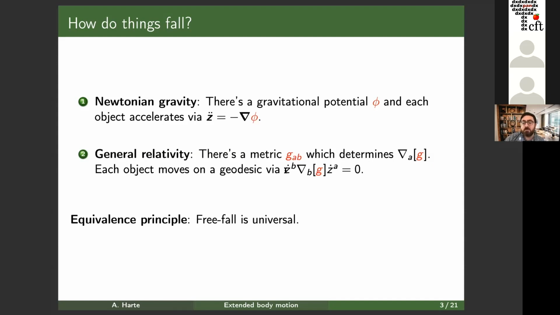All right, but the point of these things is to look at them and say, okay, neither in the Newtonian case nor the relativistic one is there any explicit notion of the object's internal structure. So every object falls in the same way. All you need to know is basically where the object is. So you have some notion of localization, and if you know an object's initial position and its initial velocity, you know its future and you know its past. So free fall is universal. You have this nice idea. All right.